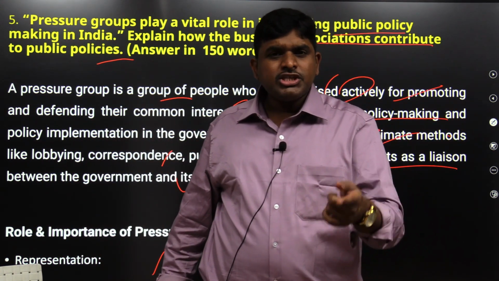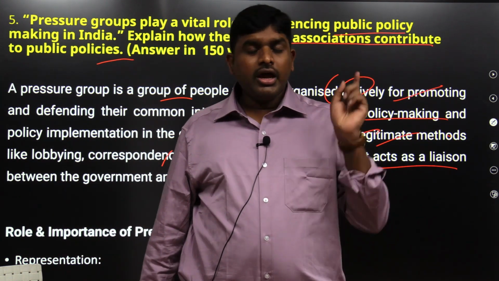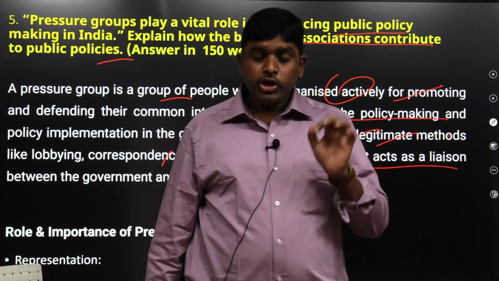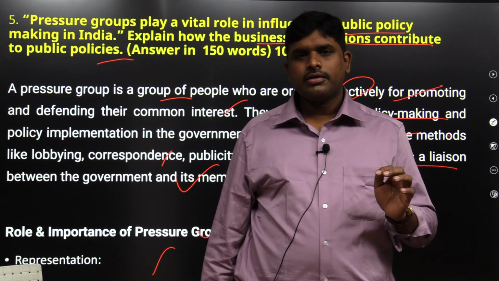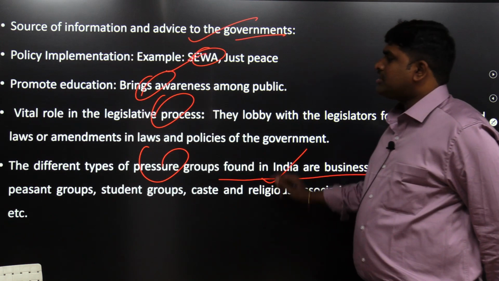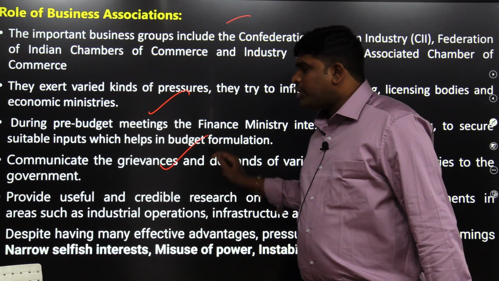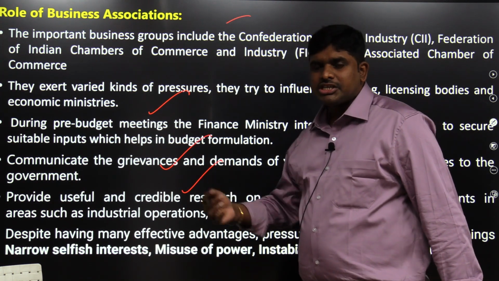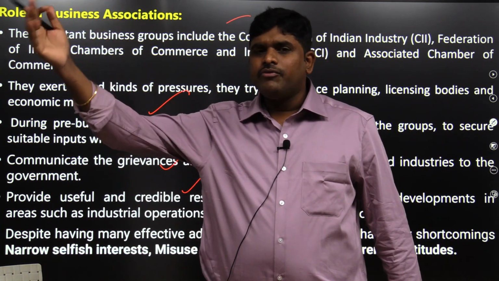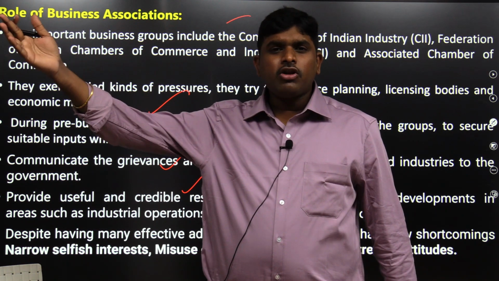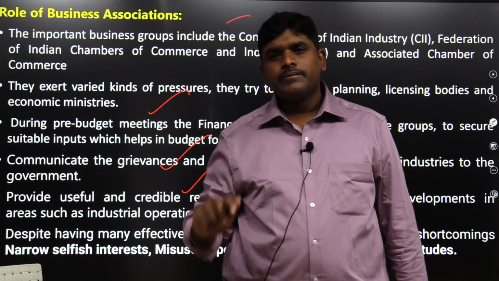So that happened, and when the investigation by the CAG happened, it revealed that it is because of the pressure groups. It is because of lobbyists. They will play a huge role. That is what it is, like this. Representation. Role of business during pre-budget: communicate, provide useful and credible information, research. You do this, you reduce the GST, this much income will come; you increase the GST, the income will be lost, ease of doing business will happen, people will not put investment. Why? Because the GST rates are high. These advices will be provided by the pressure groups.